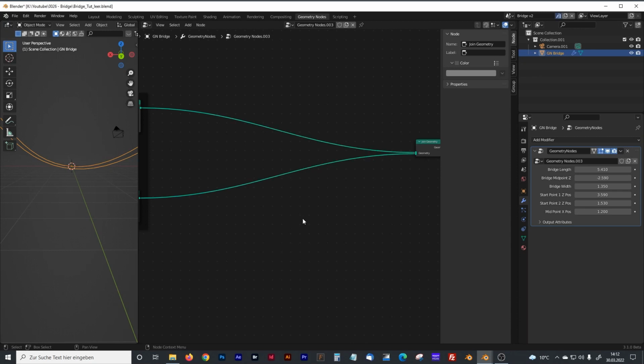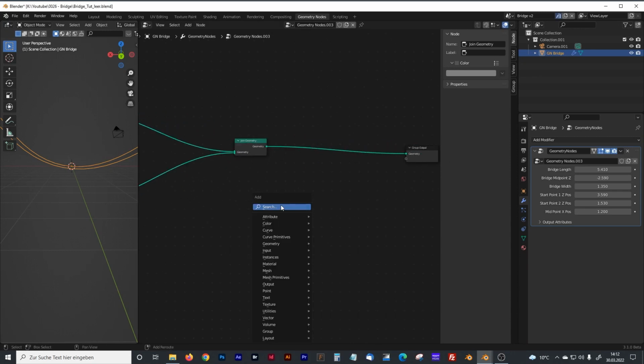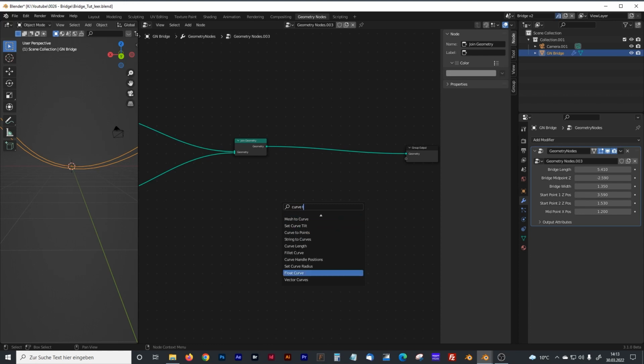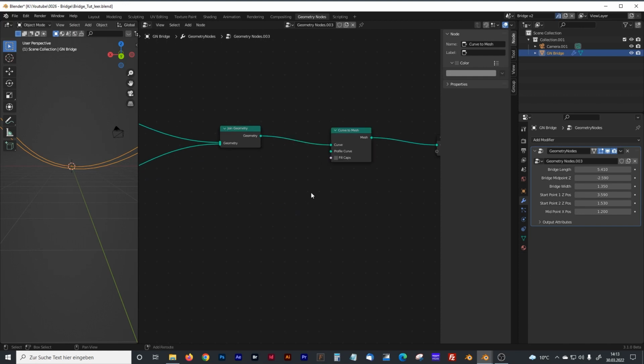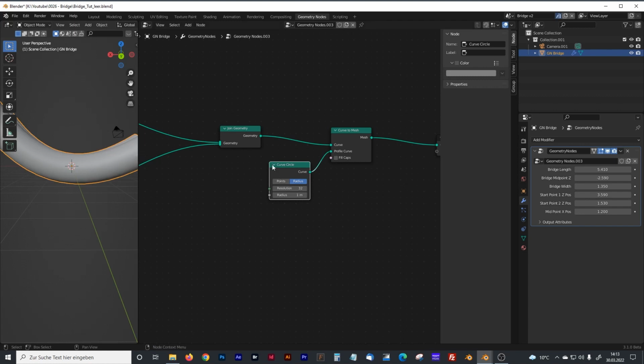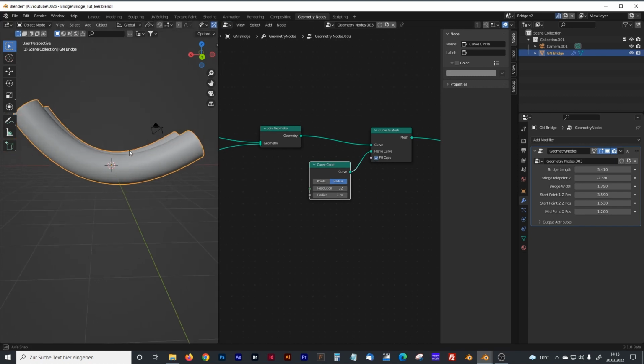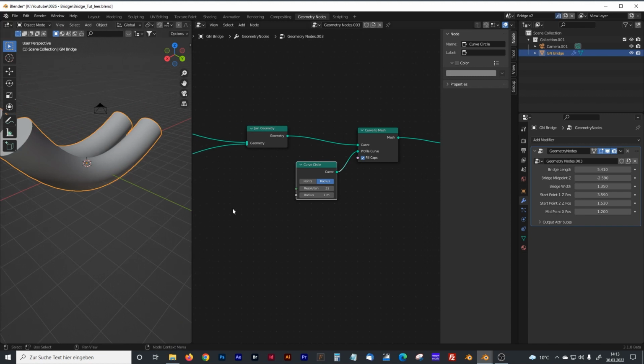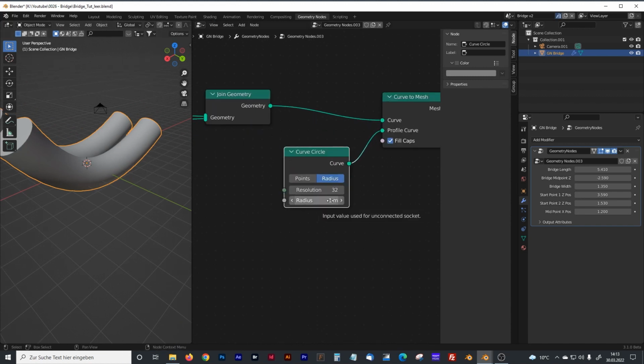To do that we will need a curve to mesh node. Where is it? Curve to mesh node. There it is. And of course we will need some kind of profile, and for that we will need a curve circle node. Plug that right here. And now we fill caps. And now we've got some very thick ropes for our bridge, and we can change that with the radius,